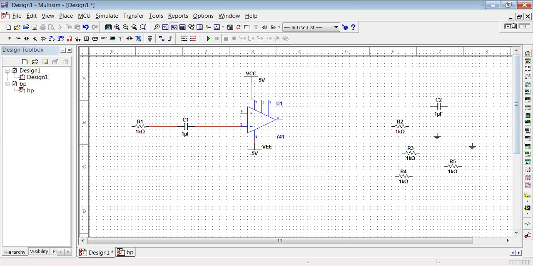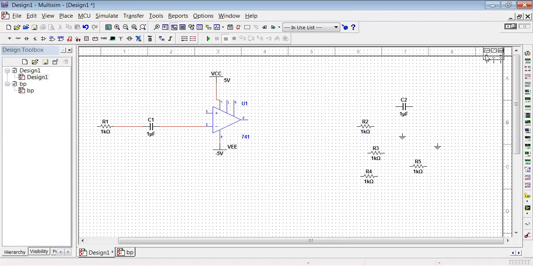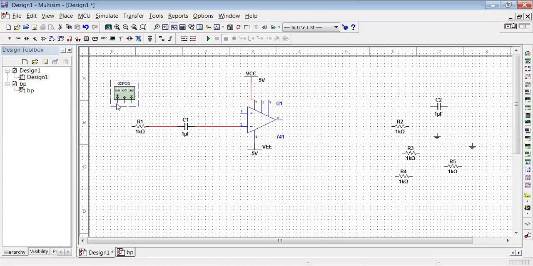Then I'll be selecting the function generator to apply the input signal. Drag it, connect. The positive of the input function generator is connected to R1 in this way. Next, from pin number 3, we have a resistor. Select this resistor, click on 90-degree clockwise, place it here, connect it.